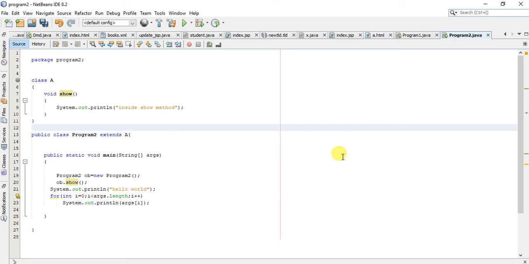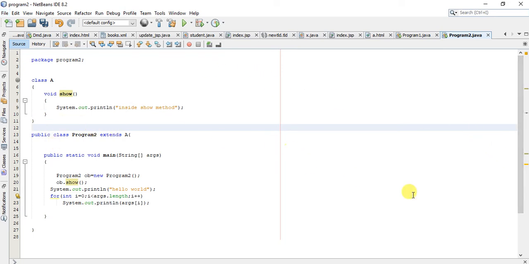So Java introduced a new concept known as interface, which we can use to implement multiple inheritance. Now what is an interface? Interface is much like a class, but the difference between class and interface is that all the members of an interface are by default abstract, and also every member of an interface is by default public, static and abstract.